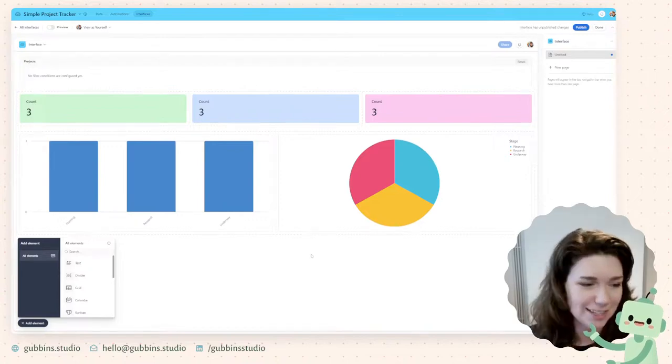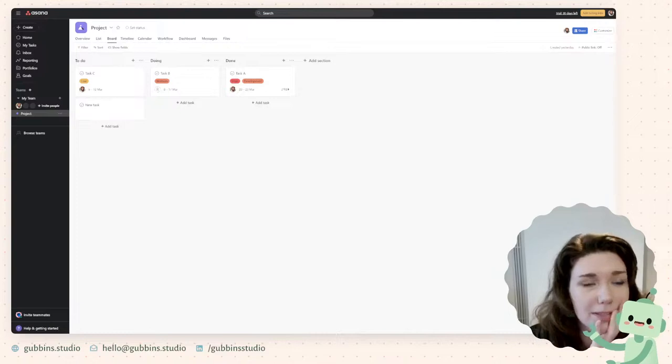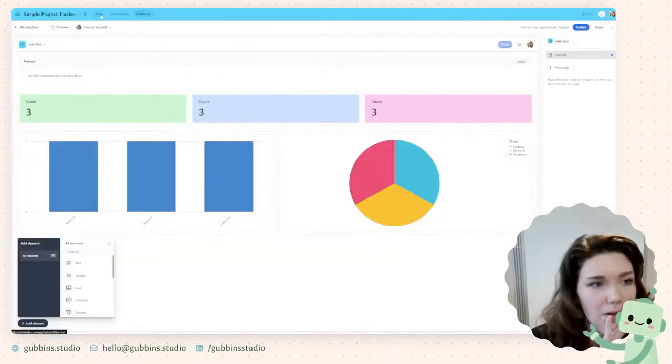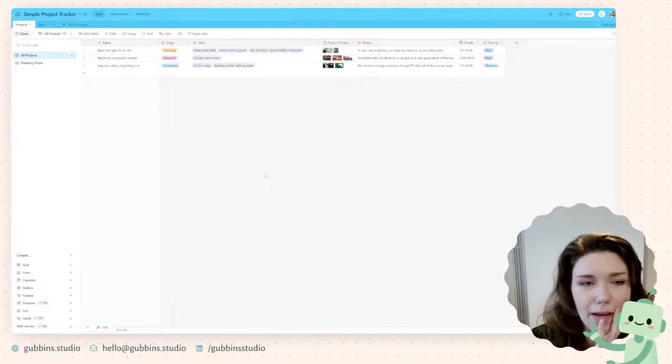I keep getting distracted, I know. But yeah, you can create these dashboards in ClickUp, in Asana as well. Just trying to think what else would be helpful to cover from Airtable's perspective. Again, go and have a play around, try it yourself.